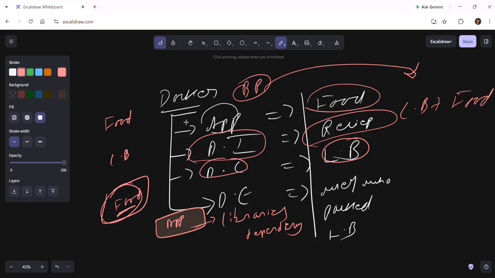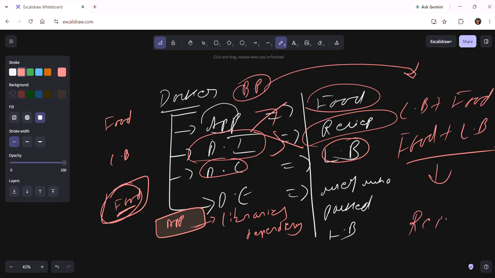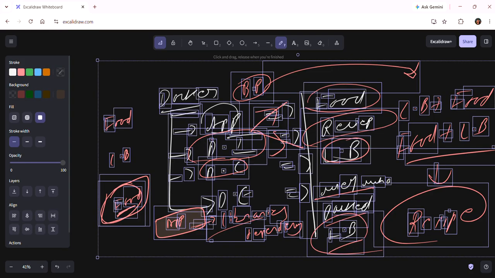Docker image consists of the addition of these two terms, food and lunchbox, guys. When we add these two terms, it becomes the recipe. Understood? Then what is the role of Docker engine? Docker engine is nothing but a user who is going to pack the lunchbox. These four terms you need to understand.